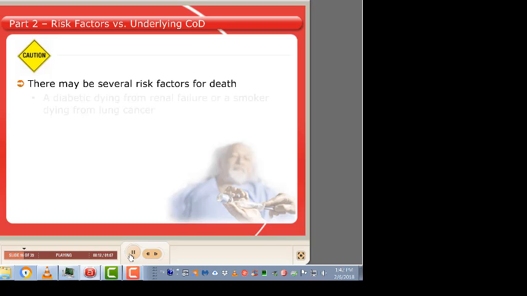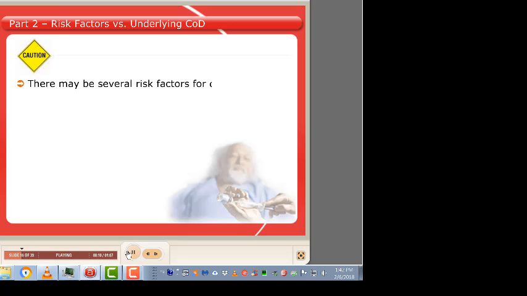Part 2. Risk factors versus underlying causes of death. You may encounter cases that have several risk factors for death, such as a diabetic dying from renal failure or a smoker dying from lung